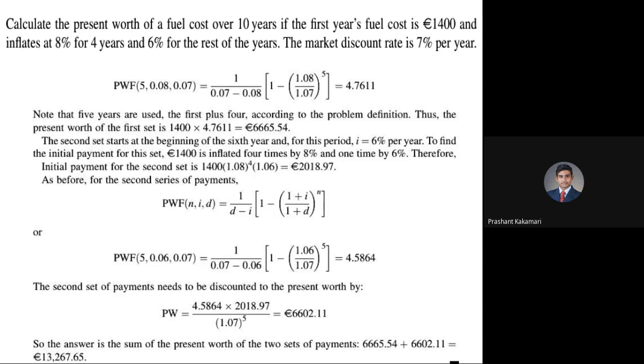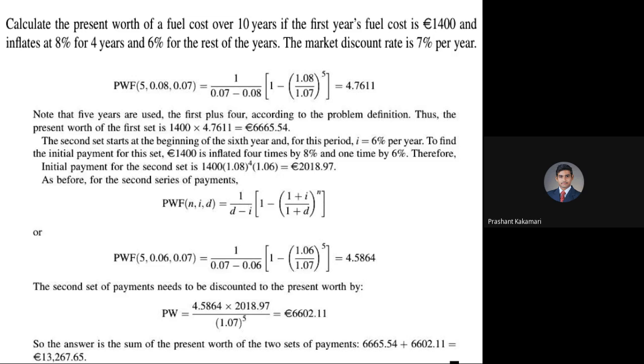Is that clear? Here the inflation rate is split up. So similarly, discounting is also split up. But the discounting rate remains the same. They have not changed it, but the inflation rate is going to change. So as per the change of inflation rate for the different years, they have found out the present worth factor. And afterwards, you need to add these two 5-year periods with different inflation rates. So those values will be